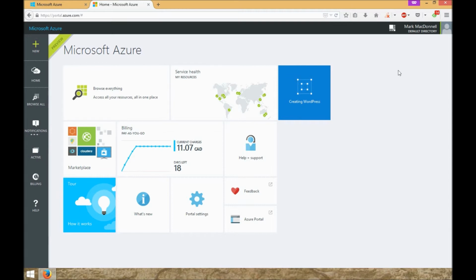So I just skipped ahead about 4 minutes while that built itself, and I'm going to show you a bug that sometimes you'll run into when you're using the Azure portal. It says it's still creating my page. It's actually finished. So to check that, you would click here on Browse All,